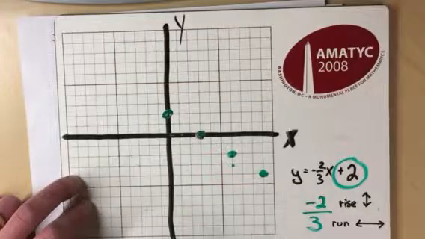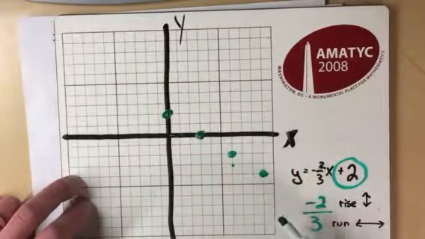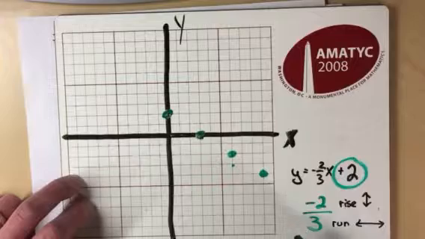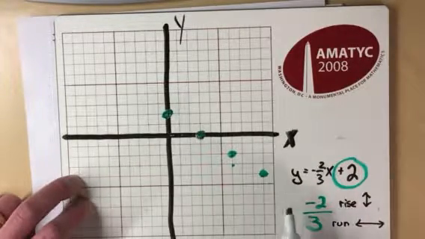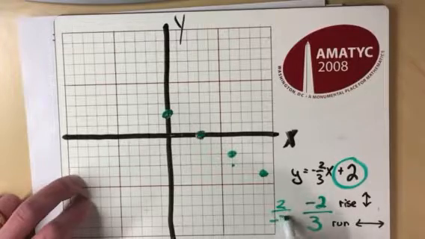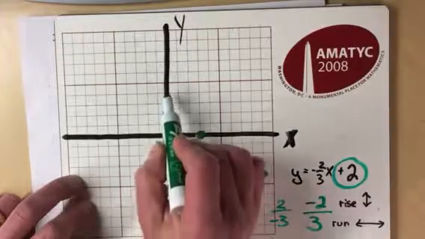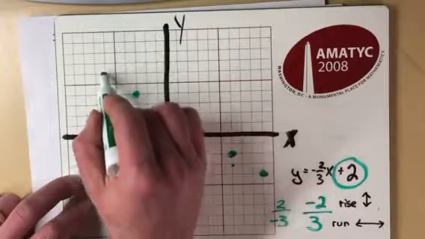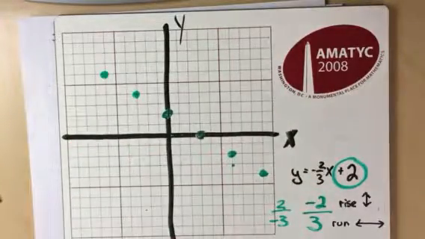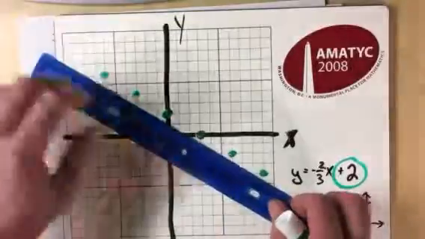Now you might be thinking, hey, why are all the points on the right? Can we go to the left? Yeah. We can do the opposite. We could consider this slope to be a positive 2 over a negative 3, which would mean go up 2 and left 3. Up 2 and left 3. And what you find is you have a nice straight